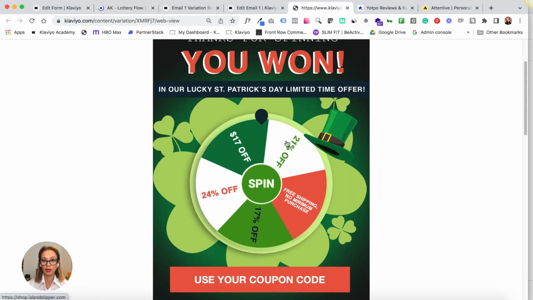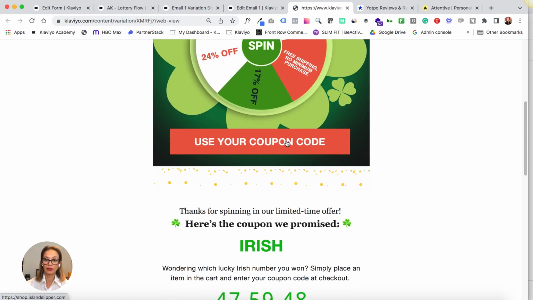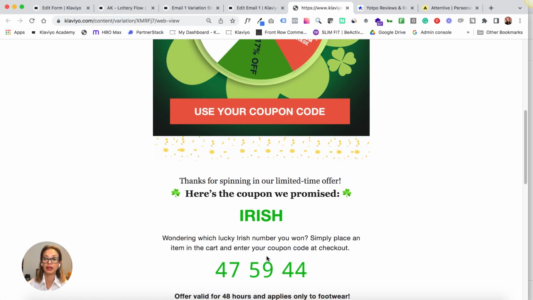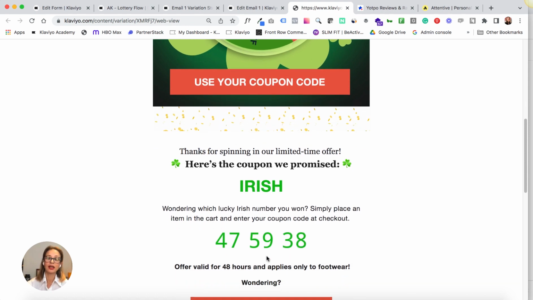Basically, in the email we are giving them the coupon name, but we are not telling them how much money, how big of a discount they got. And that's the trick with this flow, because we do want to make them go through the whole process and put something in a cart.